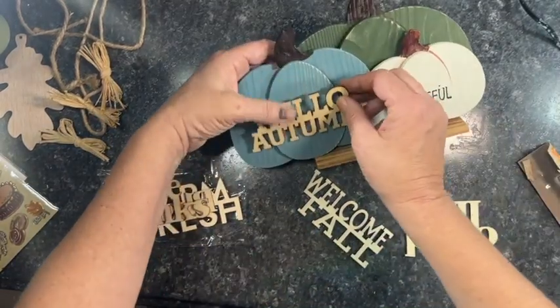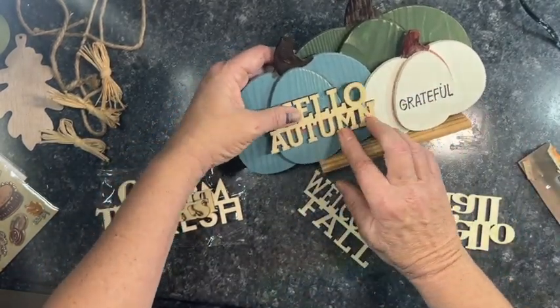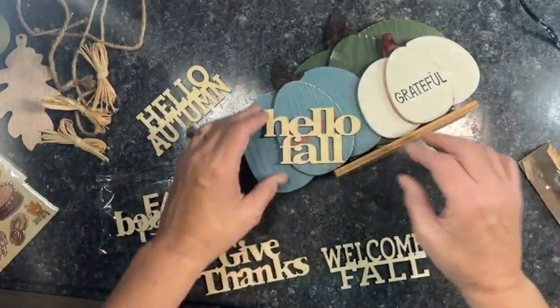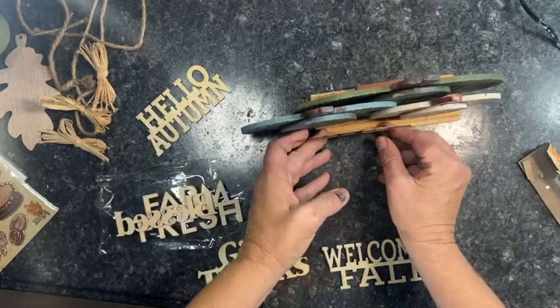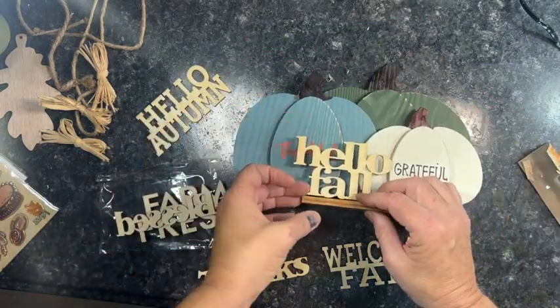And played around with them. But the Hello Autumn like that wasn't too bad, but it looked funky with the Grateful there. So I knew I had to change it up completely. And the Hello Fall was a different font because it's in the lower case. And putting it at the front side of the piece of wood just added another level to this 3-dimensional decor